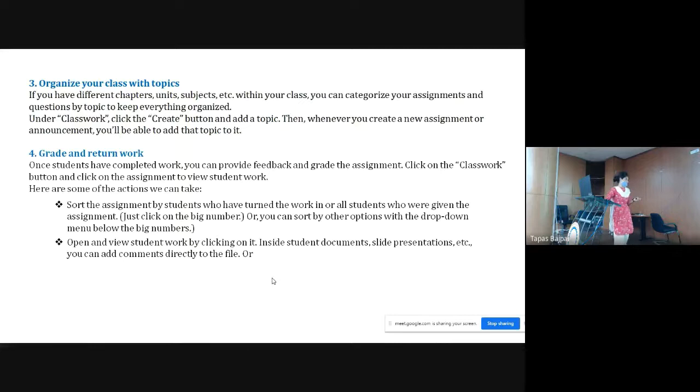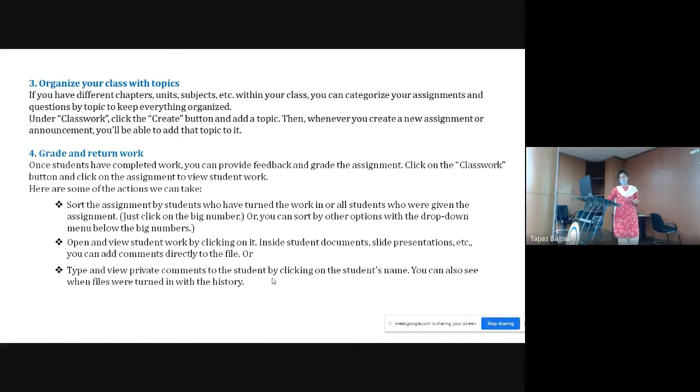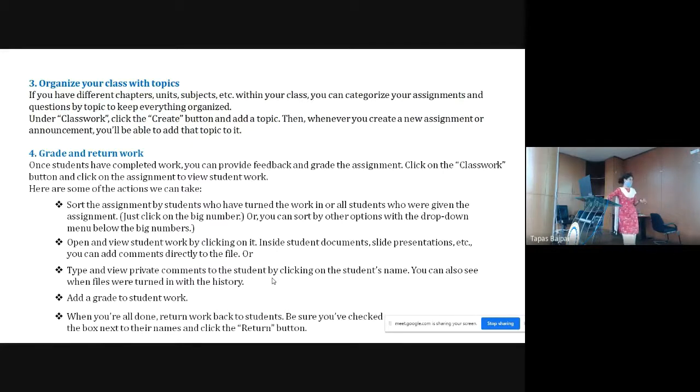And then students' work, we can open the assignment, for a particular student we can click that, and then we can see their assignment, whatever he or she has submitted, and then we can type or view, like we can comment, we can highlight, and then we can add a grade, and this is one more. This also I have explained, we can return the assignment. So, things to do in the assignment or questions.